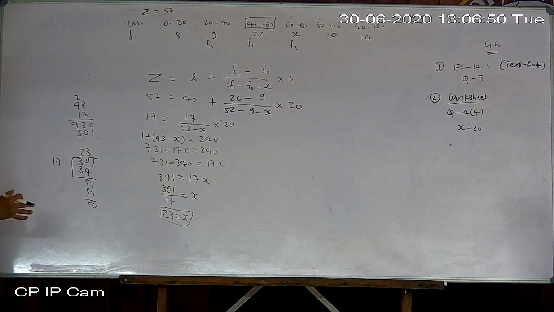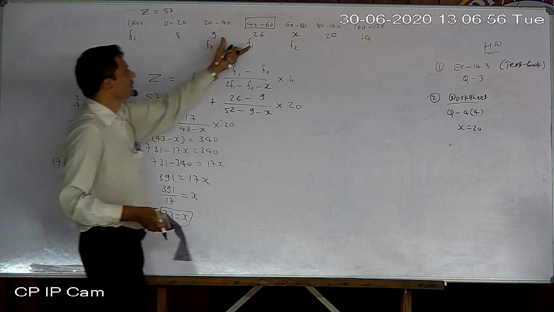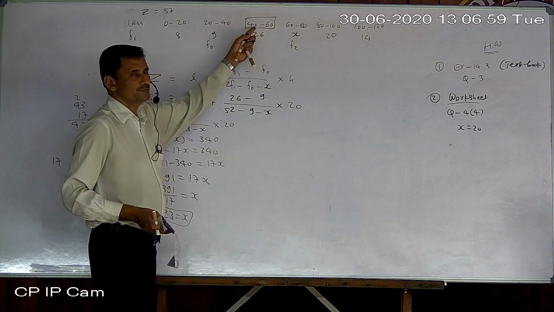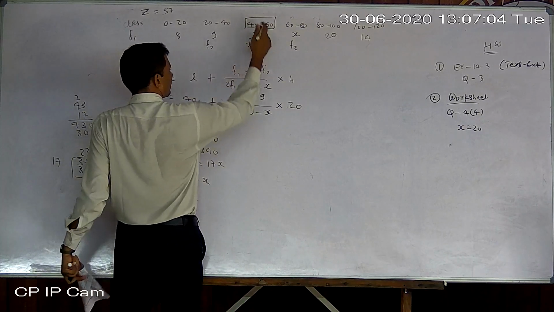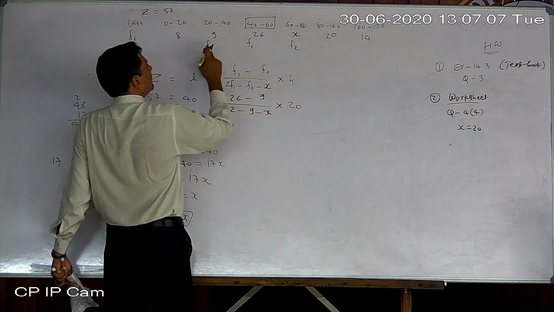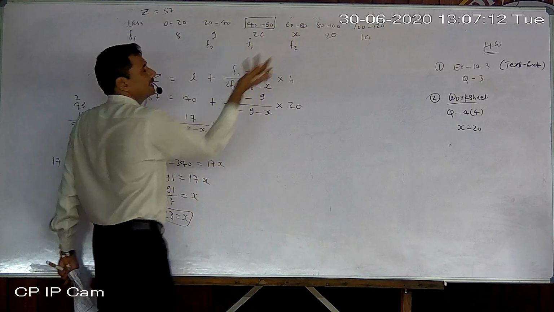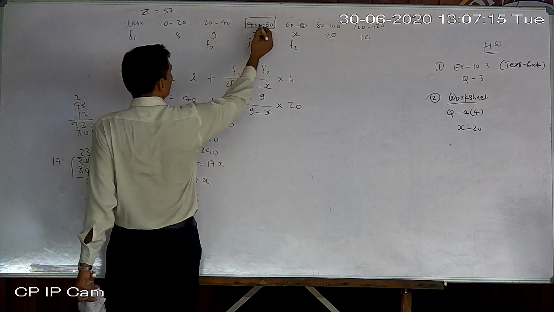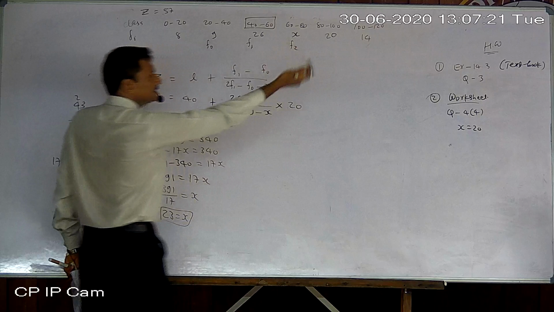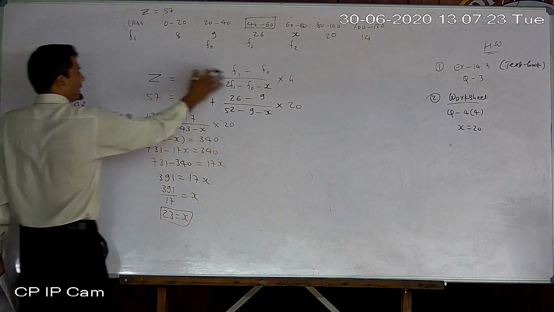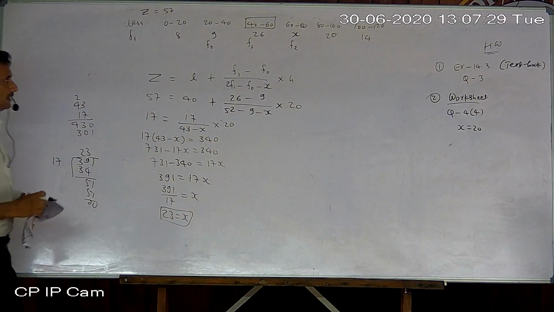Okay, very simple. No need of a table. Mode is given, which means modal class is given. Now according to that, F1 you can say this one. Frequency of the modal class is F1 only. Okay, F0 and F2: don't say it is biggest because you don't know whether 26 is biggest or X is biggest. But according to modal class location, you can say F1 is 26, so F0 is 9 and F2 is X. Now place all values and simplify. How to simplify, you know here. Okay, very simple.